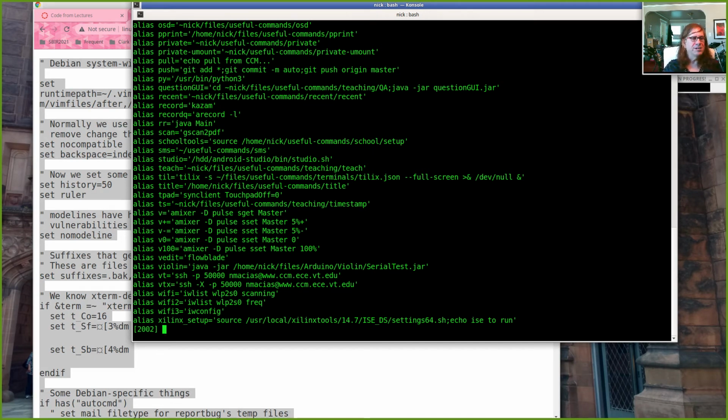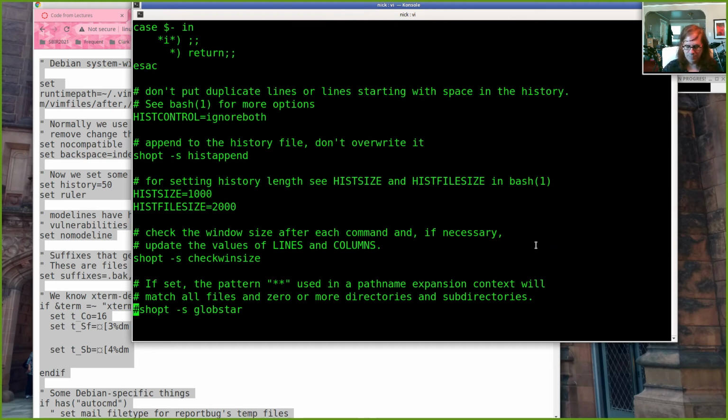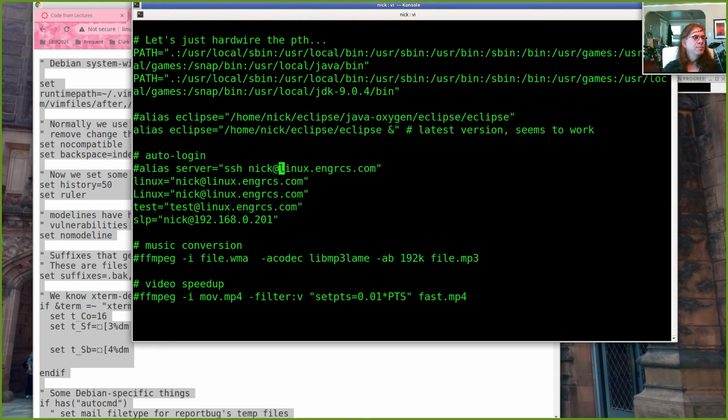You can also set up symbols. I type nick@linux.ngrcs.com a lot, right? So I set up this symbol, LINUX, to be a shortcut for this big long string.